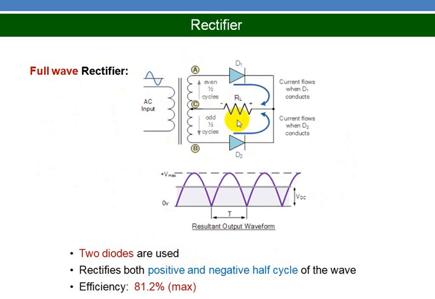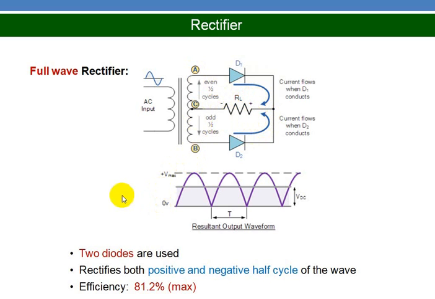Coming to the full wave rectifier, here we need a center tap transformer and two diodes are used, and this is the load resistance. When we assume that during positive half cycle terminal A is positive with respect to B, this diode will conduct current. Current will be flowing in the clockwise direction. So this terminal will be plus, this terminal will be minus, and this diode will not be conducting current. During negative half cycle, B becomes plus with respect to A. Therefore, this diode will conduct, and current will be flowing in the counterclockwise direction. Again, the current will enter here, leaves here. So polarity of the voltage will be here like this.